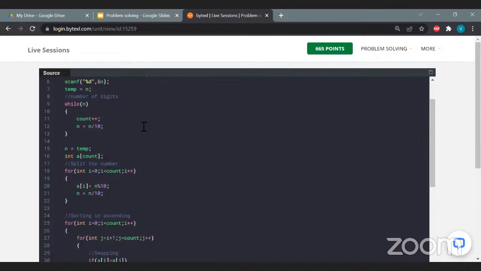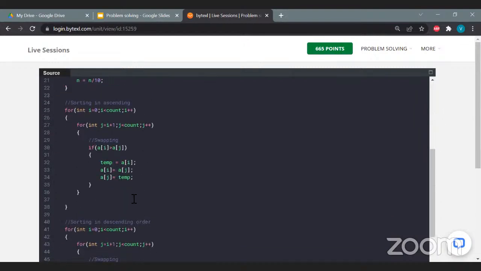Small denotes the smallest permutation and big denotes the largest permutation. After this for loop, our integer array consists of values in ascending order. So what we'll write is small is equal to